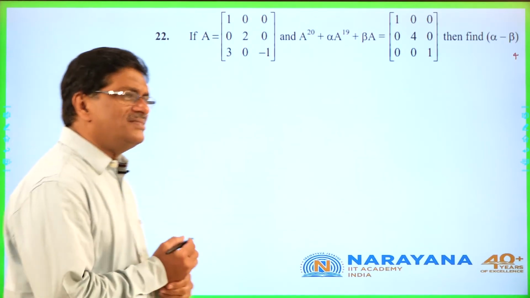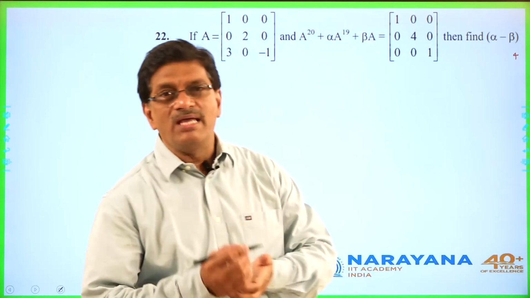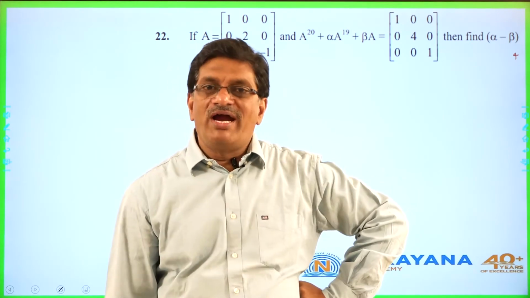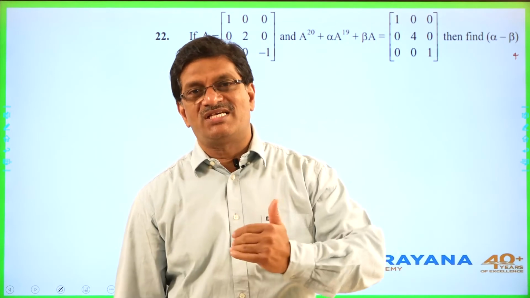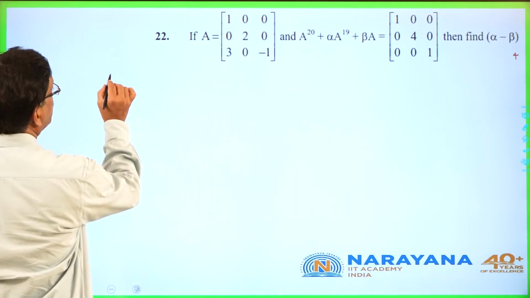Yeah, here in this problem, whenever a big number is given in the power, either you can do it by the Cayley-Hamilton theorem, or by finding a square, a cube, a power 4, and so on, then you have to assess the numbers. Please observe. I am going to compute a square.